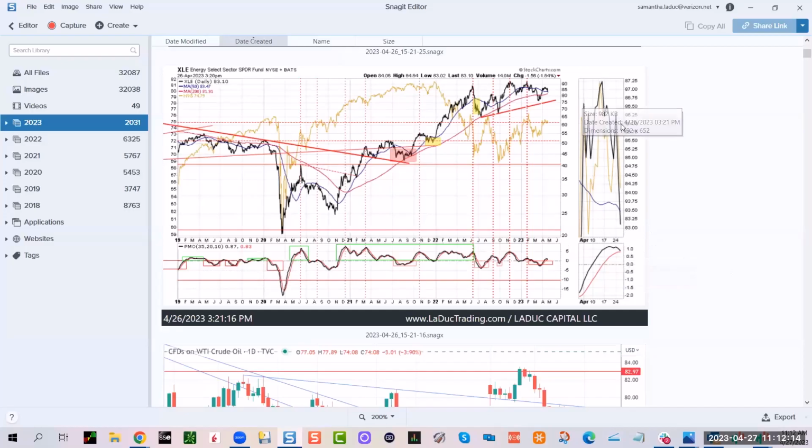So if this turns out to be a head and shoulders, all right, then I expect this to be down on this trend line. This trend line is going to take it to about $76. I know this is an exercise in patience, but I still am worried, and I've written about this. It's a